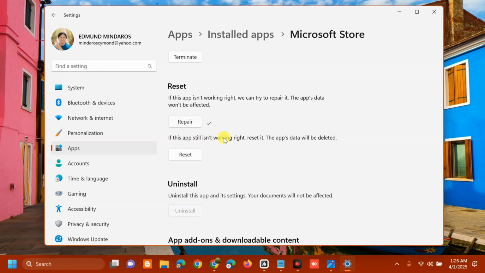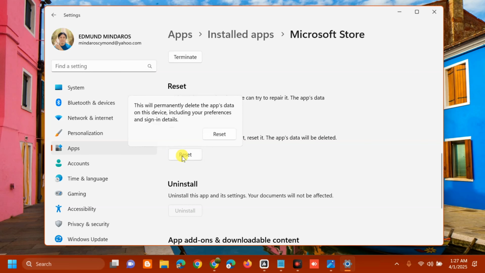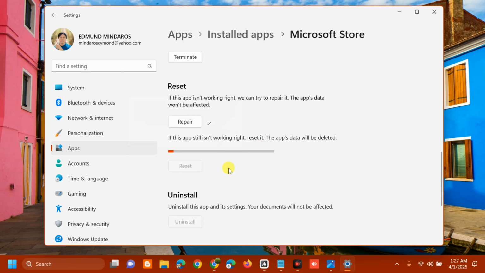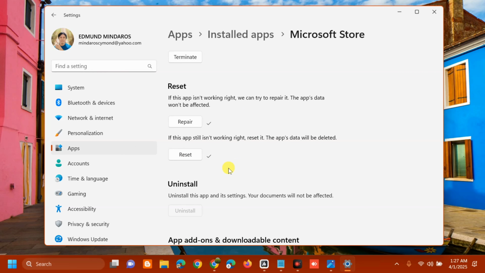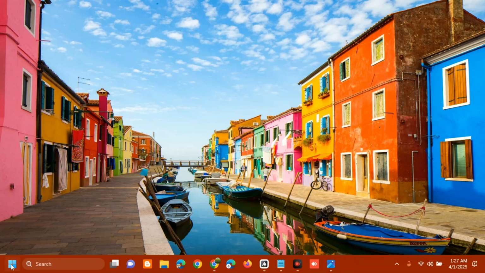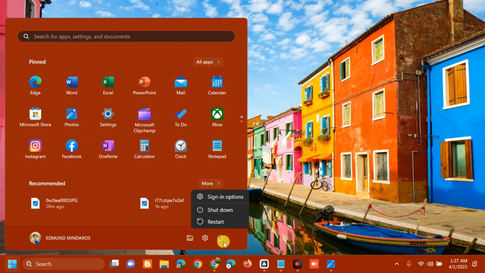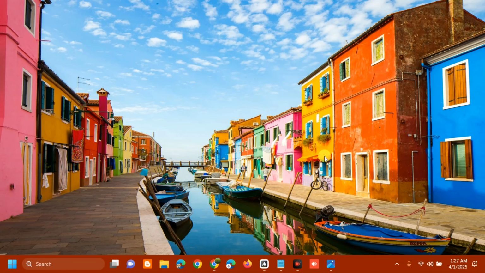Once the repair process is complete, the next step is to tap Reset. This will permanently delete the app's data on this device, including your preferences and sign-in details. Tap Reset and wait for the reset process to complete. Then close the settings, and at the Start menu, click Restart. That's it, guys, on how to fix the Microsoft Store error code